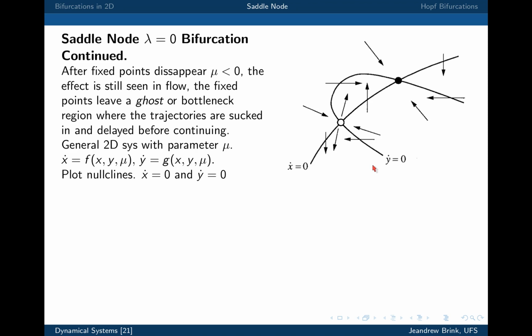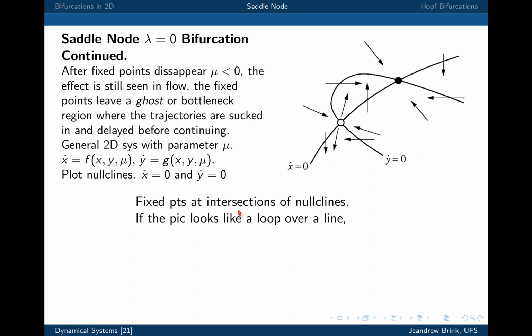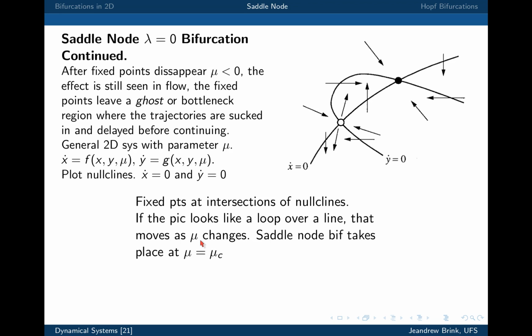Okay, and the way you once again identify it is if you have the situation where you have a loop of the null lines, and you can see that by changing the parameter, the loop's going to move so that the null lines no longer intersect. Okay, so just the comments. Fixed points are at the intersection of null lines. If the picture looks like a loop over a line that moves as mu changes, then what you're going to have is that the saddle node bifurcation takes place at mu equals mu critical,